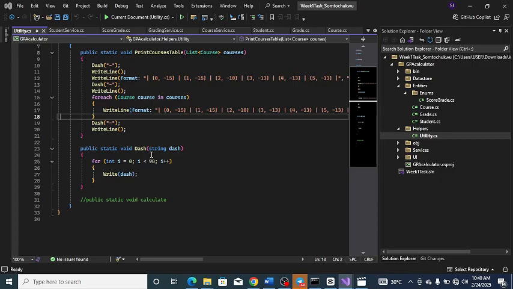The parameter for this method is the dash string dash. The system knows this. So for int I equals to 0 and I is less than 98 and I plus plus, we are going to write dash. So what this means is that from I equals to 0, that is from index 0